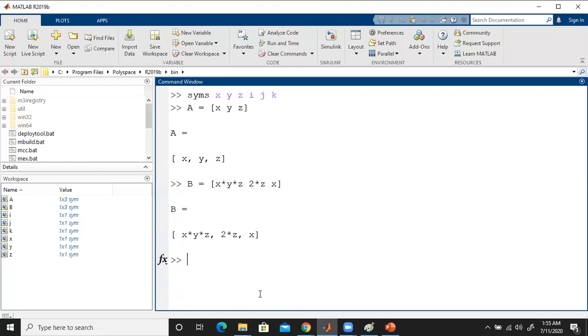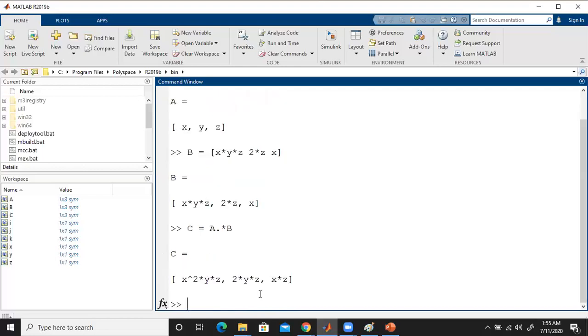Now we apply the dot product between them. I already told you that the dot product is nothing but the element-wise multiplication. So we assign the value to C here again. Then what do we get? x squared yz, 2yz, xz.